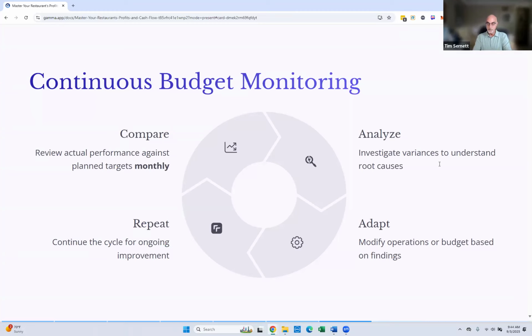Well, let's adjust the plan so that we have a true vision of where we should be on track month over month. You adapt, modify operations and budgets based on your findings, and then you continue the cycle for ongoing improvement to continually improve your restaurant's profitability and continually hold yourself to a standard that you know you can achieve,